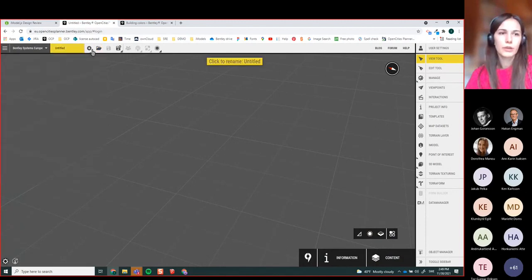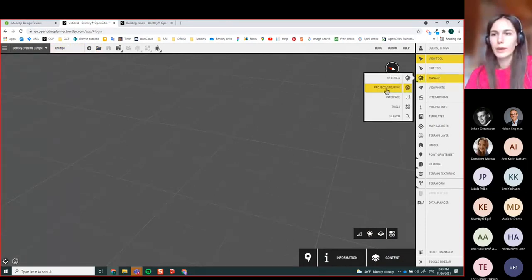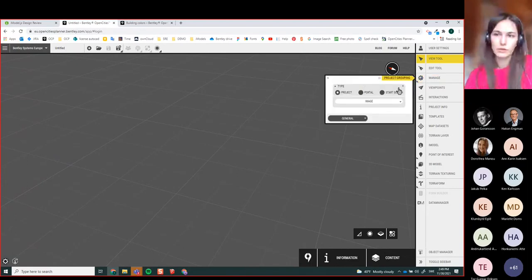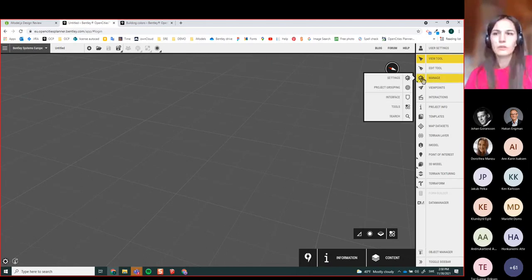I'm going to start by creating a new project, and if I go here, manage, project grouping is a new button we created. You click here. Before we had project and portal, and now we have start screen as well. It works pretty similar to the way portal did. You just click portal and then select which projects to include. The same thing with the start page. You just click on it and then select which